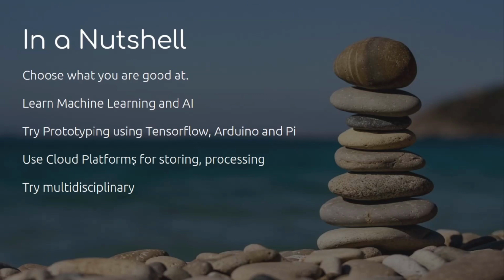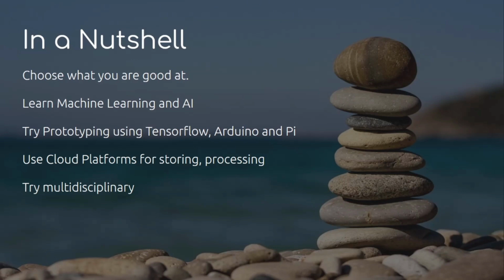Then you can use some cloud platforms, something like Firebase. Even I think there is something called ThingSpeak, which can be used for storing and processing. Then you can try multidisciplinary models also, so that things will fall into place based on your research. You can collect data from agriculture or even from government databases, and apply some machine learning models. You can come up with something which has never been thought of.